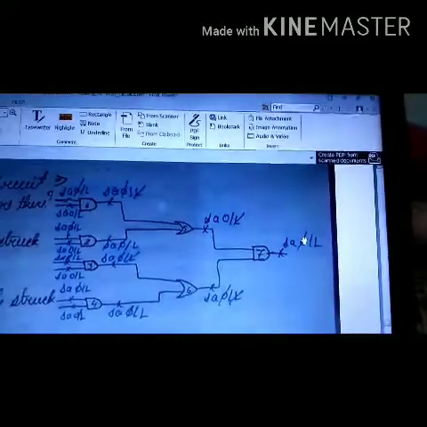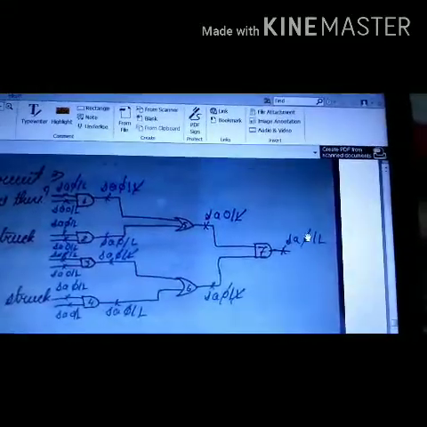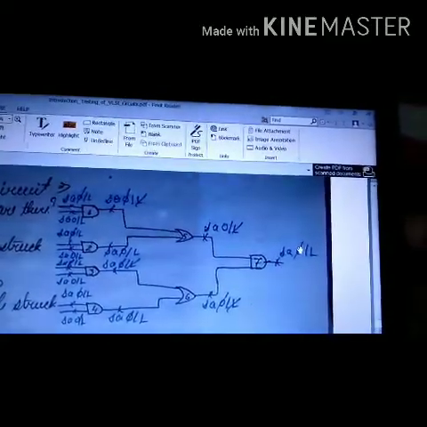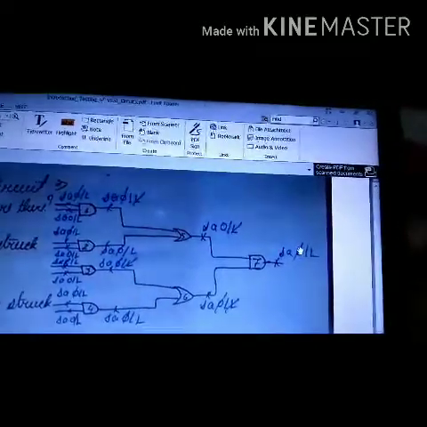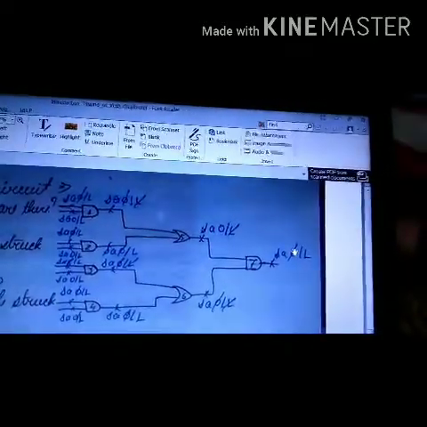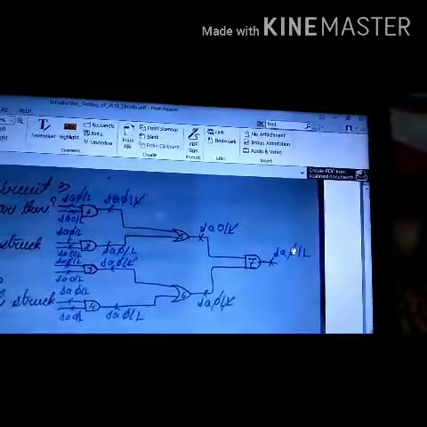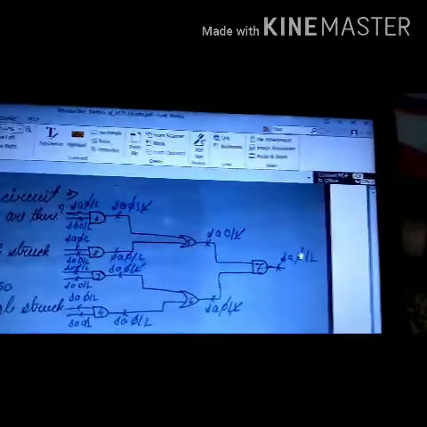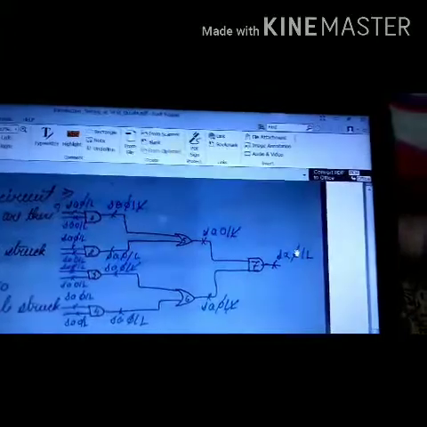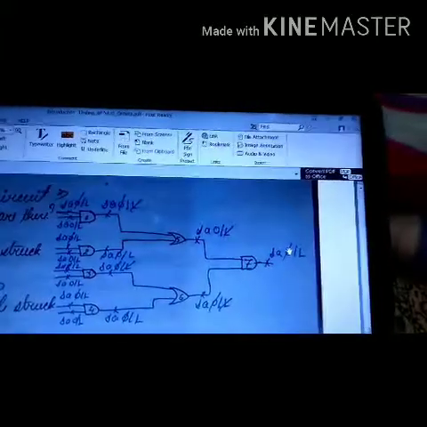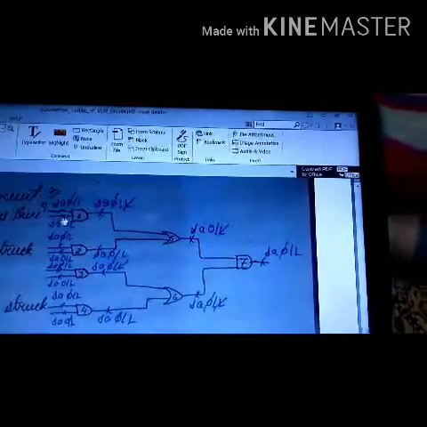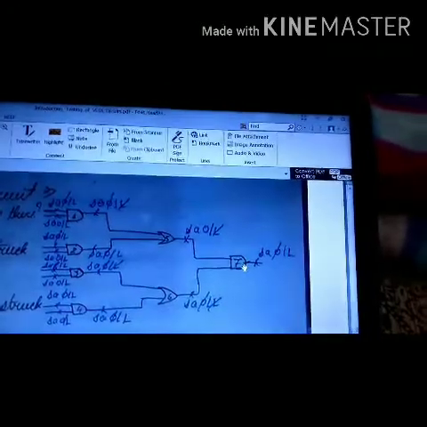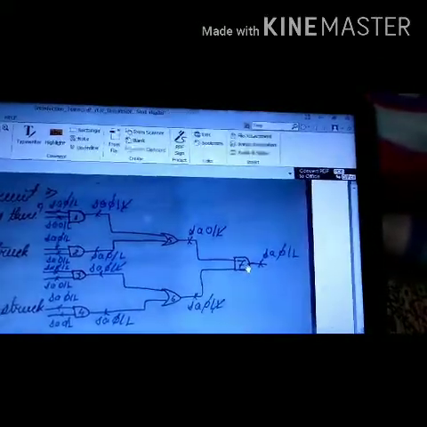Now, according to fault equivalence, if a stuck at fault at the input and a stuck at fault at the output are the same, that is, they are equivalent, then they can be cancelled and only one fault will remain. So we have to see which faults cancel out and which remain. First of all we have AND gates number 1, 2, 3, 4, OR gates 5 and 6, and then AND gate 7. So let us start calculating the stuck at faults which are getting cancelled.